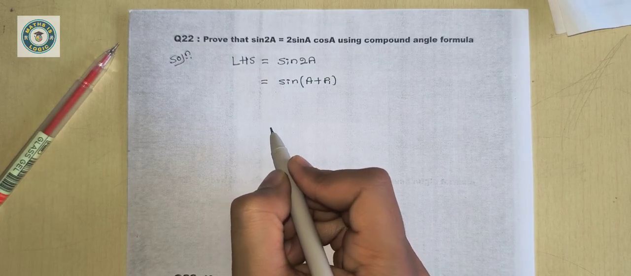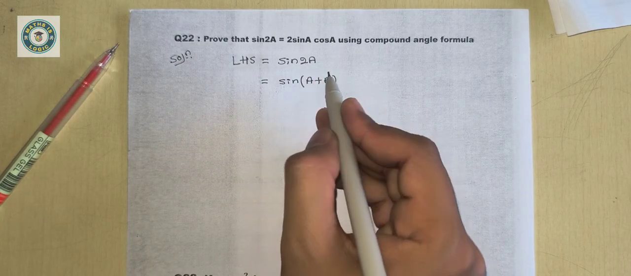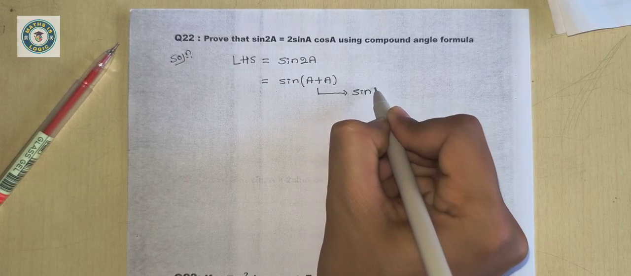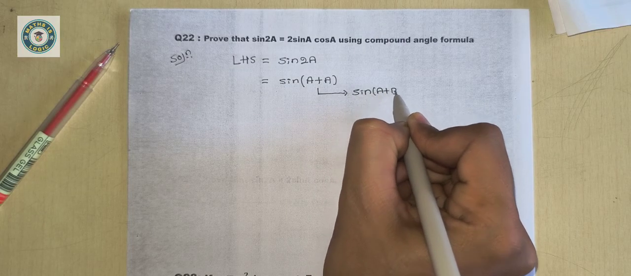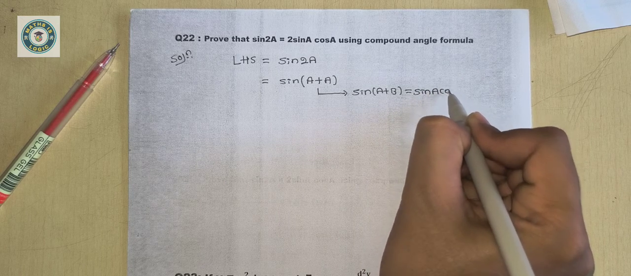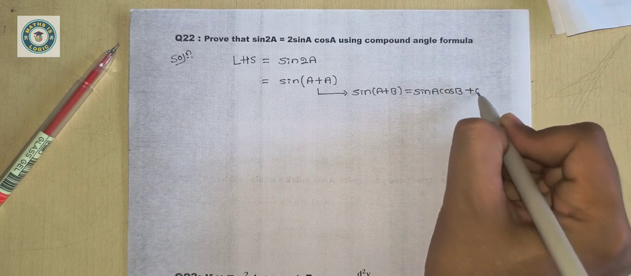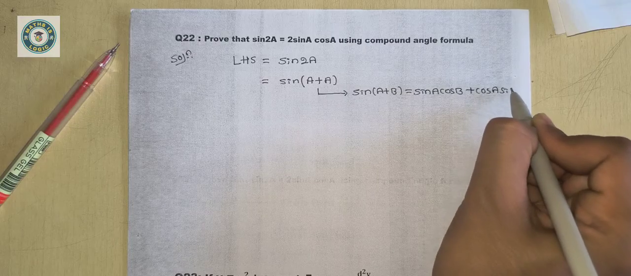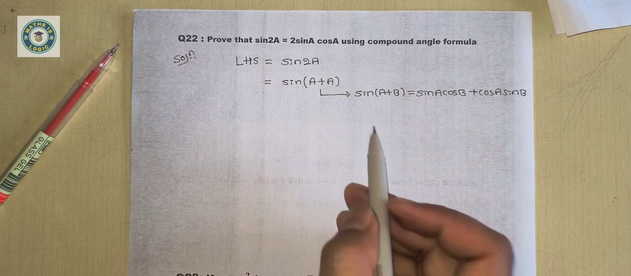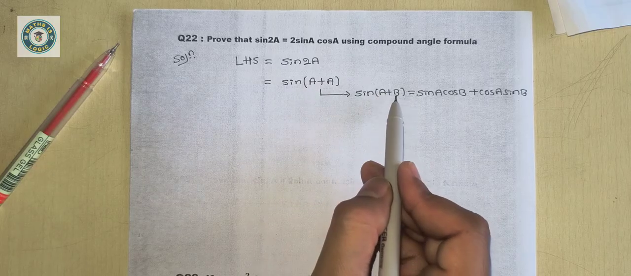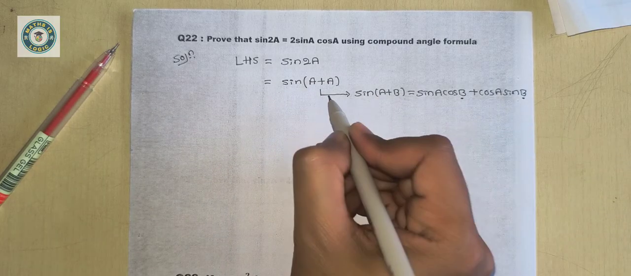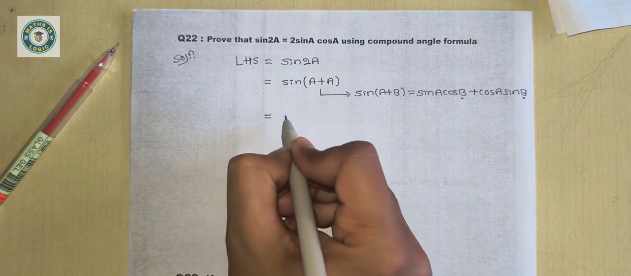A plus A is 2A. So this looks like sine A plus B, so apply the sine A plus B formula: sine A cos B plus cos A sine B. The compound angle sine A plus B formula we need to apply. But remember A means A only, and B means A. Therefore wherever B comes we should replace it by A. Therefore it is